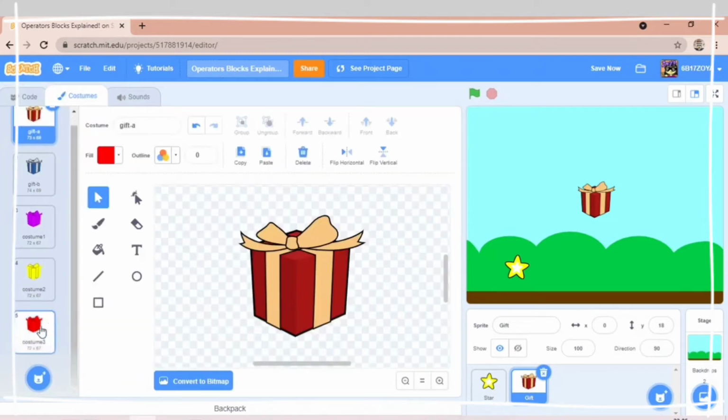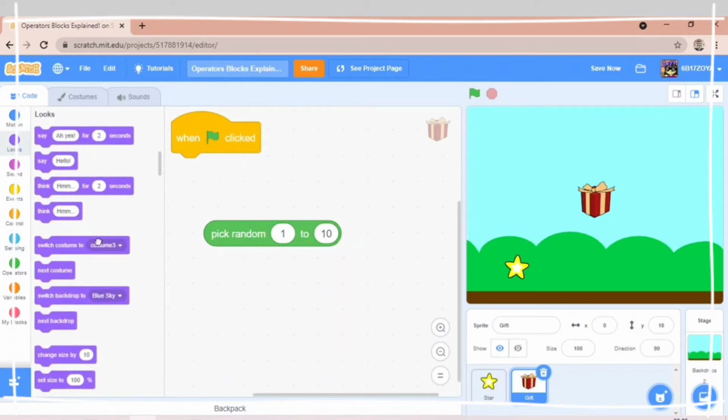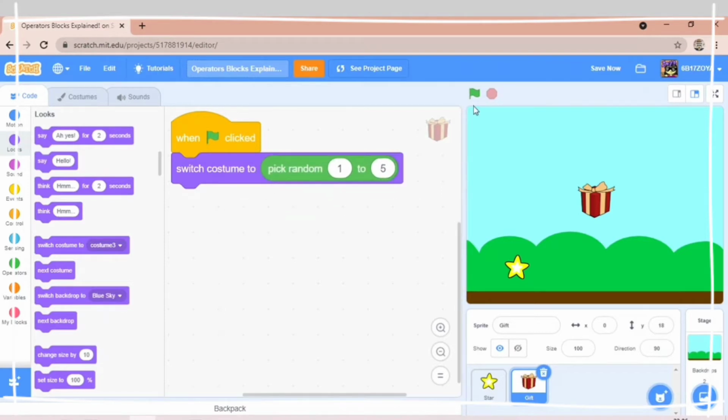I have made 5 costumes over here, for example, and we'll have an option switch costume to anything, and we want it to pick any random costume from 1 to 5, and it put it over here. So it will pick any random costume from 1 to 5 when I click the green flag. So any random costume will come over here.